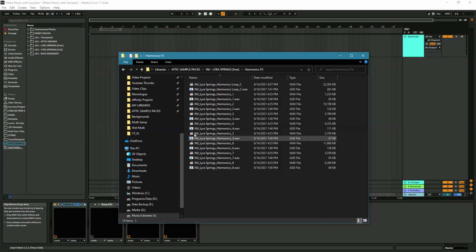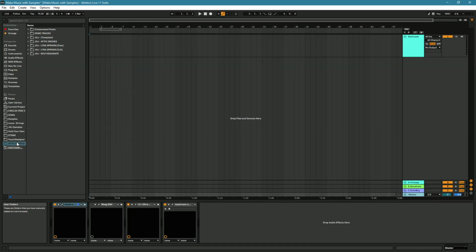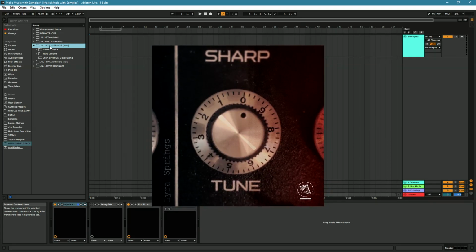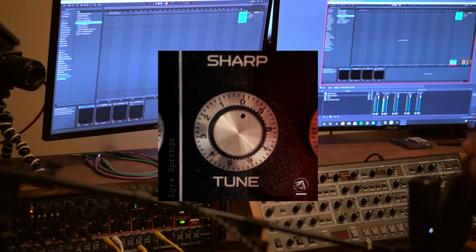Oh. Well, now what? You can drag that folder into your browser here, in this case Ableton is what I'm using. You can use any DAW that you want, and I'm going to start out by choosing some sounds from this very lovely Lyra Springs sample pack, which you can download now at